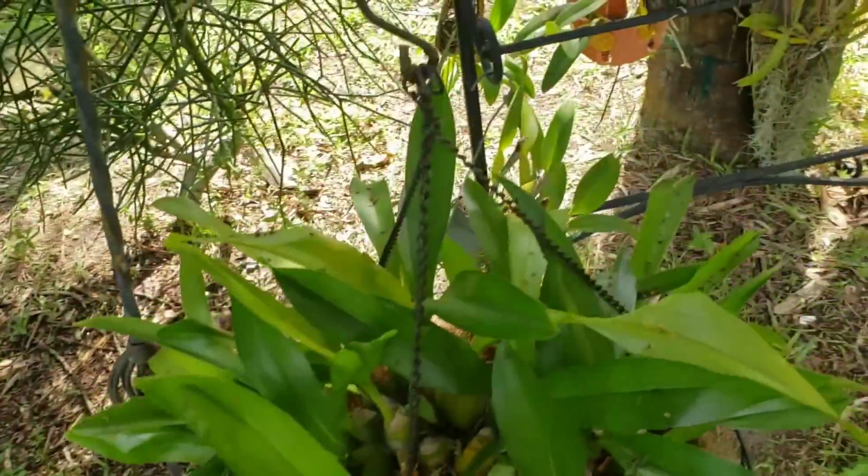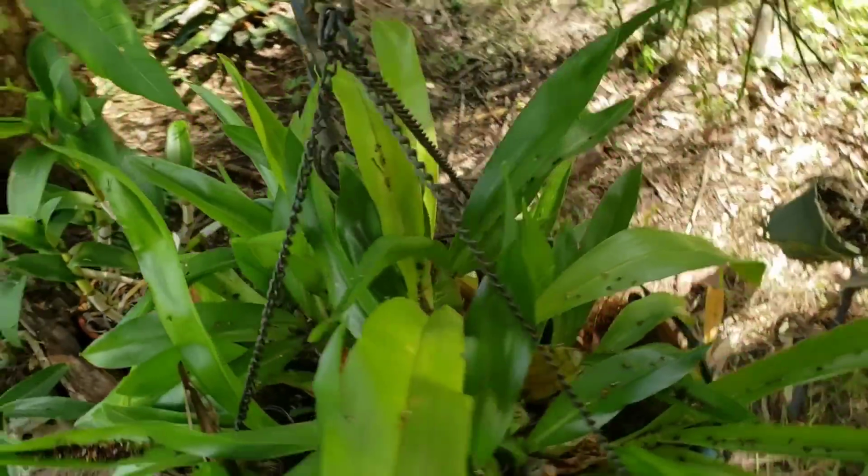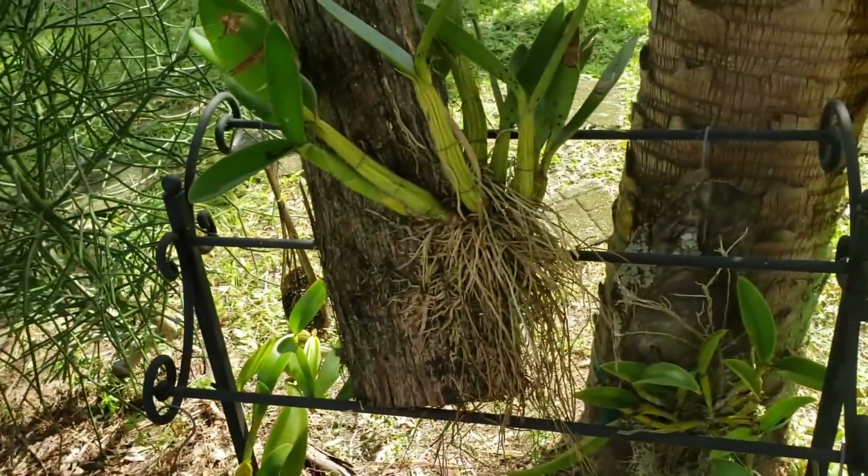Okay, so they're doing pretty good. This thing needs to be moved from here. This is a gram and it's too dark here. Grams want really serious sun. This is my